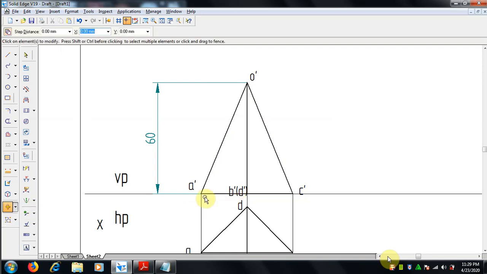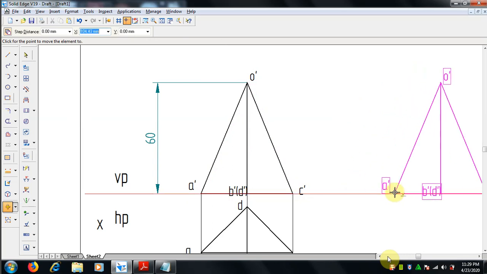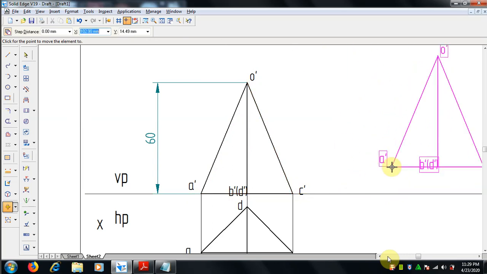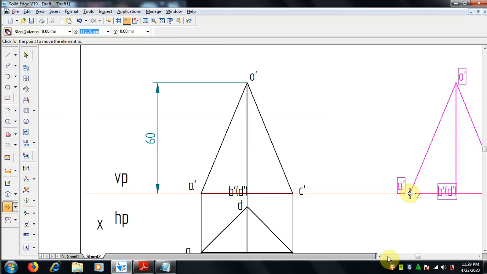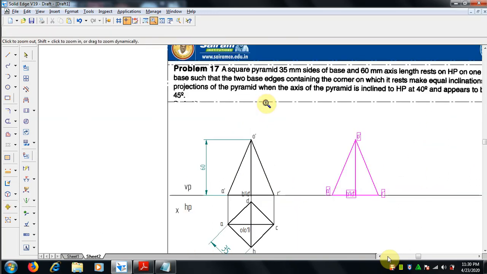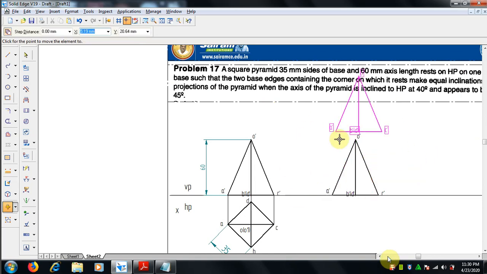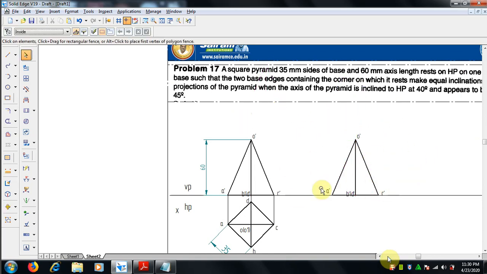Then by using the move command we can move this front view. It should be copied, not fully moved, it's a copy one. I am keeping it nearby.